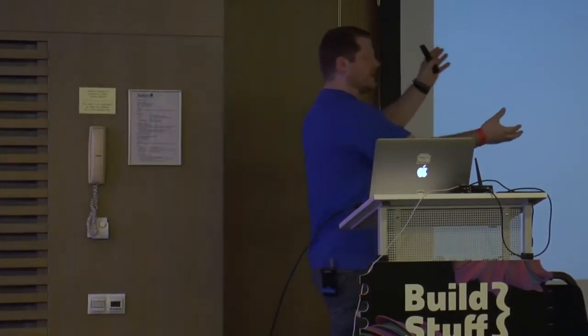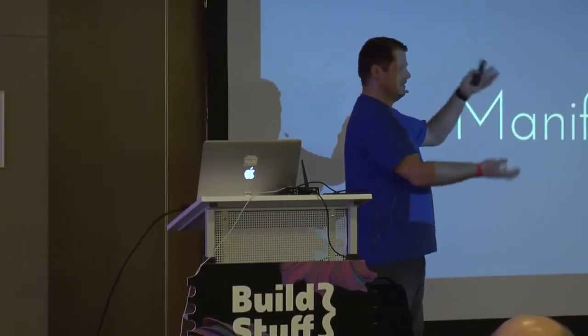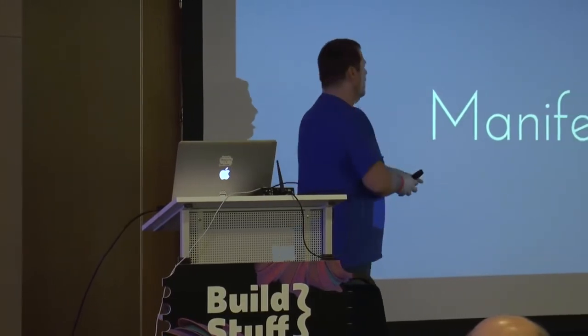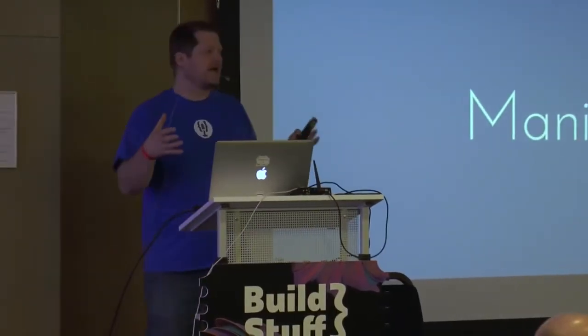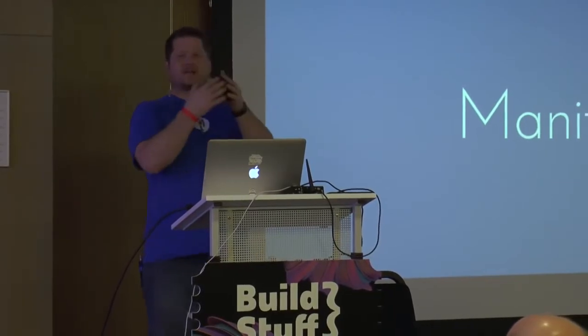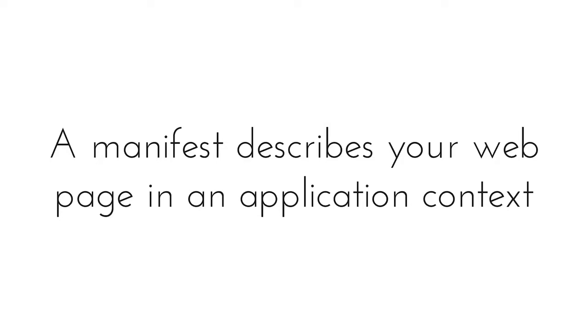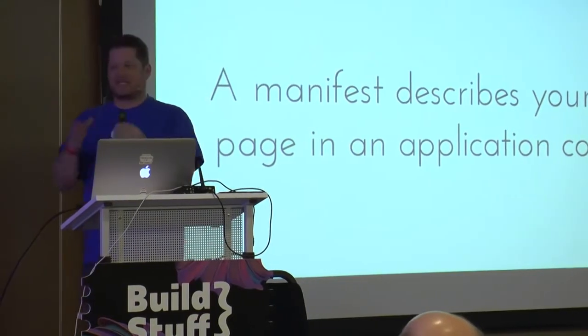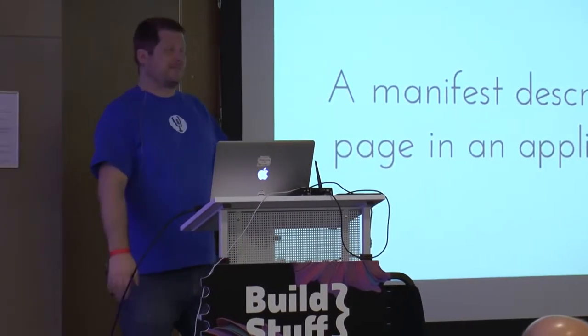So shipping and logistics, right. Ultimately when you're shipping something, you have a manifest that gives details about what that shipment is. Is that fair? Do you agree with that? It's the same thing here. All a manifest is basically something that the browser can take, and it tells it a little bit about the application so that it could use it appropriately. So a manifest describes your web page in an application context. So it basically describes a web page as an application. Like if we were going to make an application out of this,